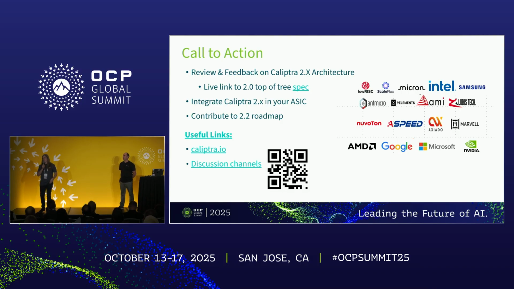But the goal of Caliptra is transparency and consistency. So you achieve that how? Yeah, but you have both of it, right? You have the transparency, not necessarily the consistency, but the consistency is something that you can create.